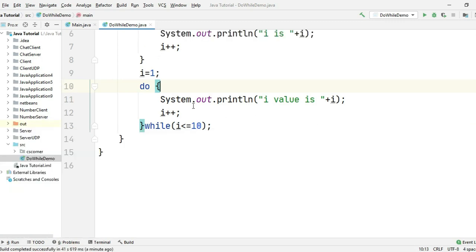Now I'll make some changes in my program so that my condition becomes false the first time. So here, instead of less than or equal to, I'll write greater than or equal to. Now what is happening over here? My i is 1. It will come into this do block, print the value of i as 1, and increment i by 1. And then here it will check the condition. What is my condition? 2 greater than 10. Is 2 greater than 10? No, it's not. So it will come out of this loop